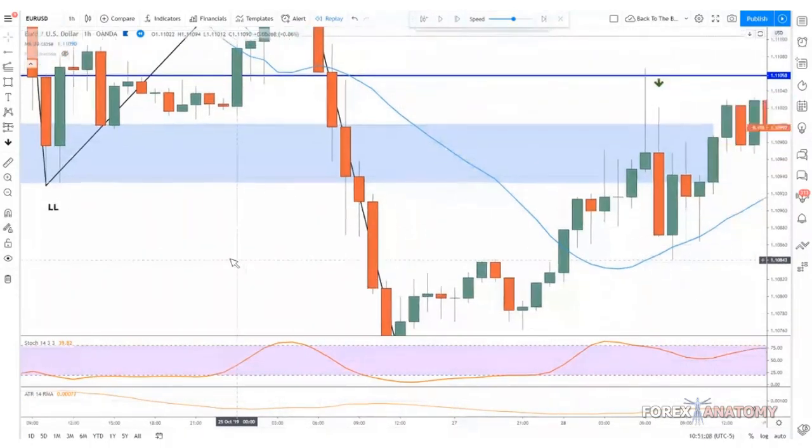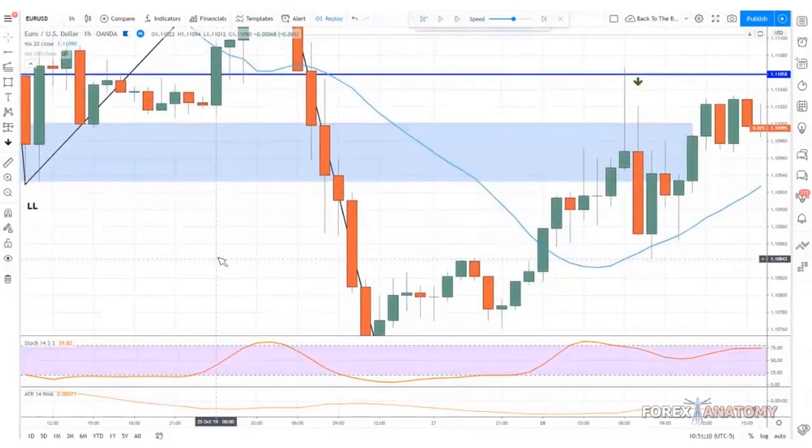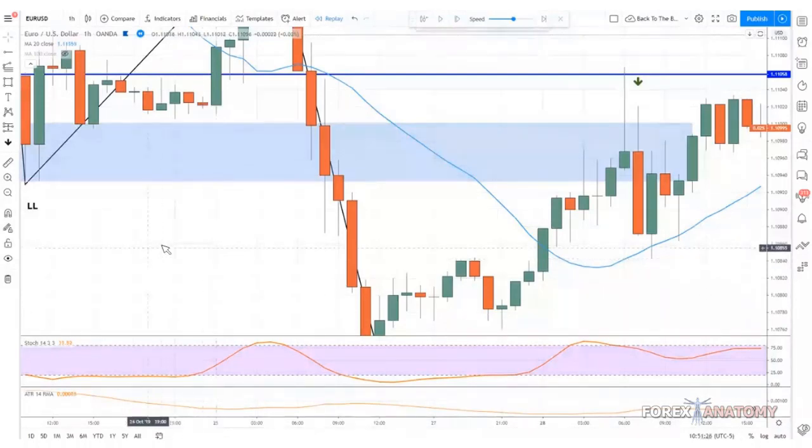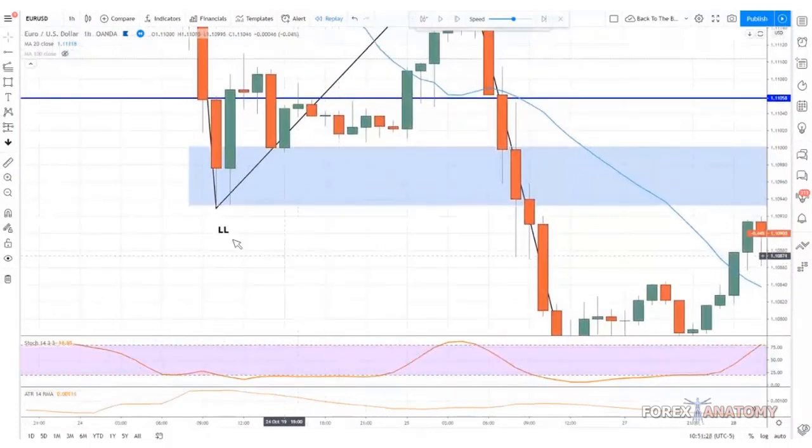Okay. Let me explain this, because when we talk about the structure of the market, we're pretty much talking about price making lower lows and lower highs. Whenever you see that, that's what you call a bearish market structure. When price is making higher highs and higher lows, it's called a bullish market structure. But what we're showing you is a way to combine both. If you draw your price chart properly, every time you create a lower low or lower high, that is the true swing point or pivot point, which is support and resistance. It is that.